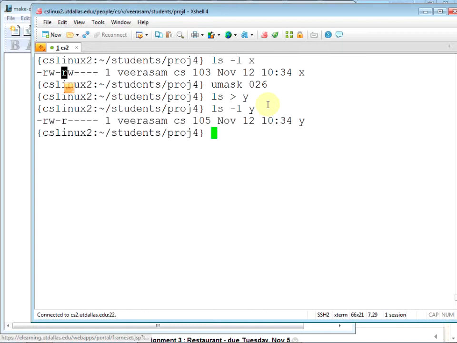Yeah, we have to take the reverse of that. We are suppressing the write. Read is okay. Remember, 026 means 000, 010, and 110, right? You are not suppressing anything for yourself, but you are suppressing the write for the group, and you are suppressing the read and write for everybody else. Are you with me? Does that make sense? It's octal notation.